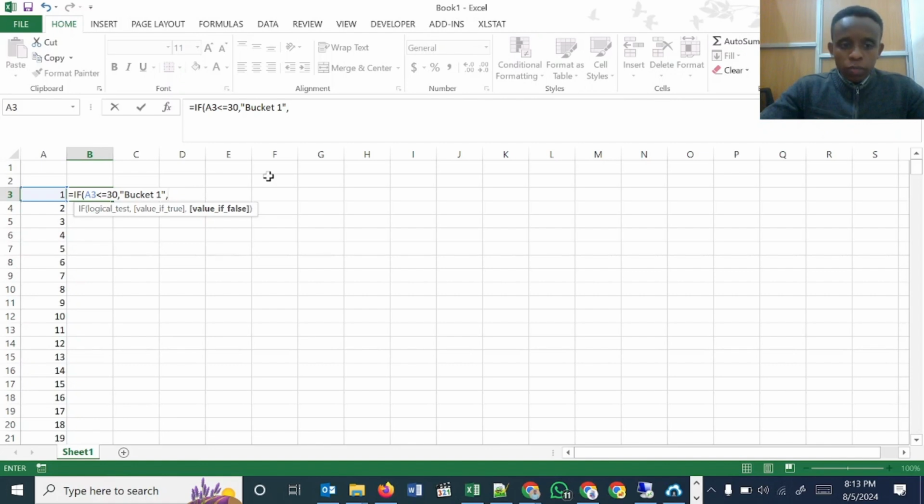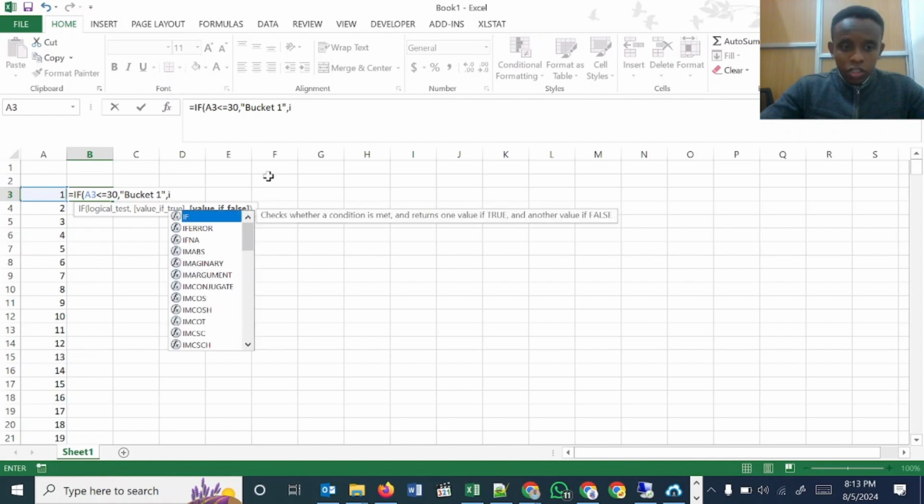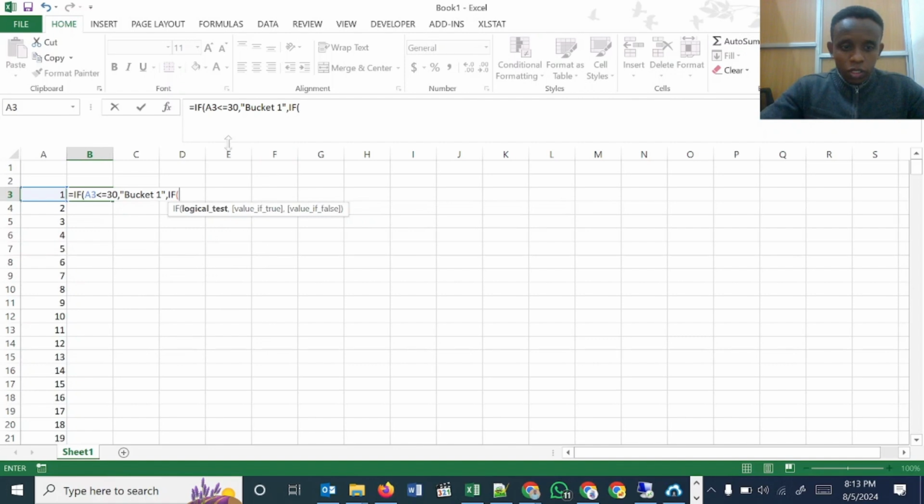You're going to write another if statement in this section now. Please note that this second if statement is being written in the value if false section of the first if statement. That way, it is checking if the value is not between 0 to 30, what will it bring us? So we are going to write here if